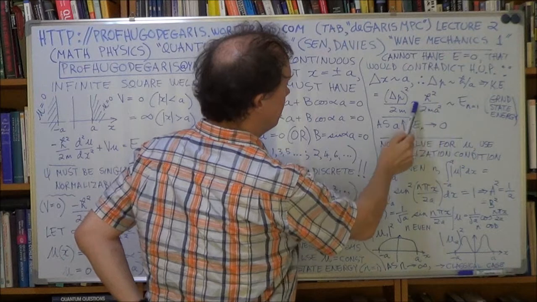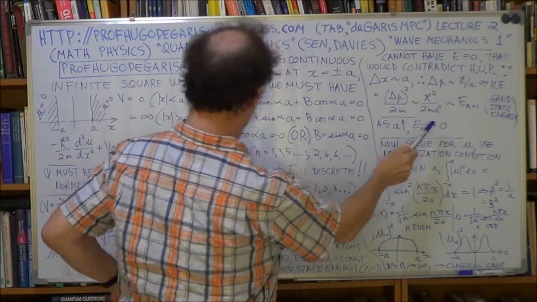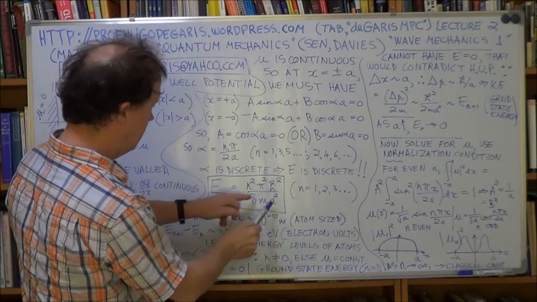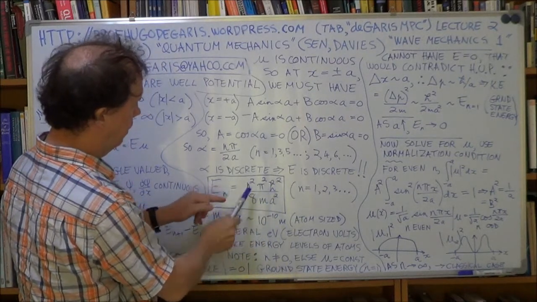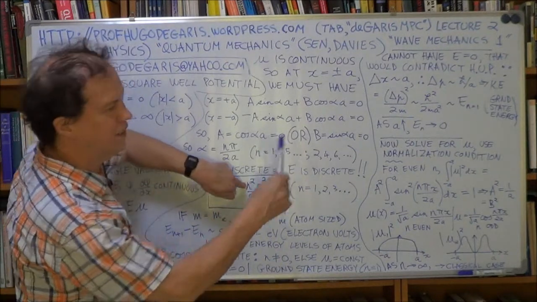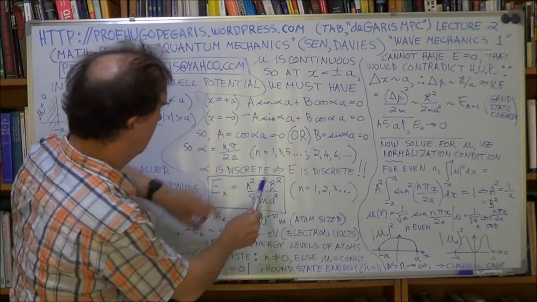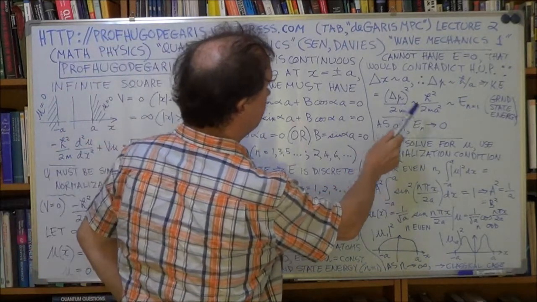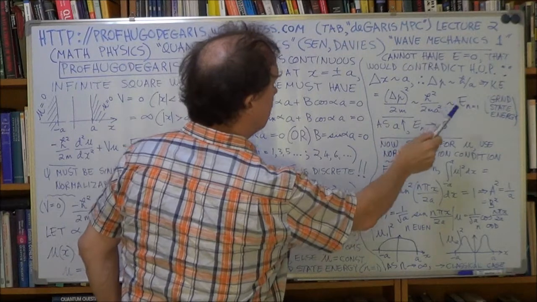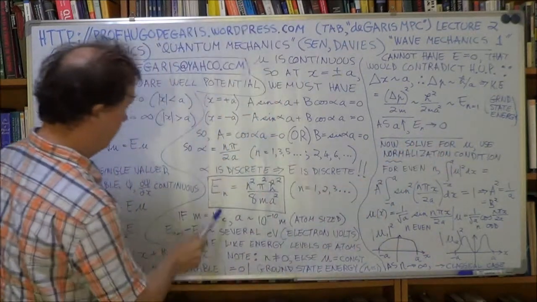But this h bar squared over 2ma squared, have a look here. That's of the order of the energy when n is 1, with a few numerical factors, but we're just talking order of magnitude. So the energy then, the uncertainty of the energy is of the order of the